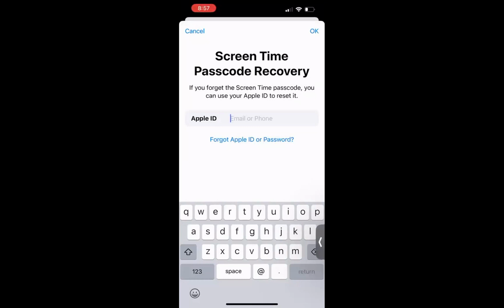Go to Apple iPhone settings and go to Screen Time. There is no app, so you don't give your data to another app. It's built into all mobile phones, Android and iPhone. You can use this built-in facility to safeguard your kids from restricted apps.